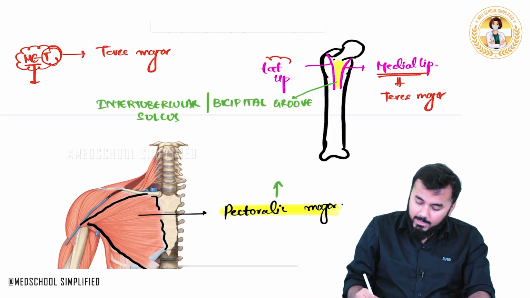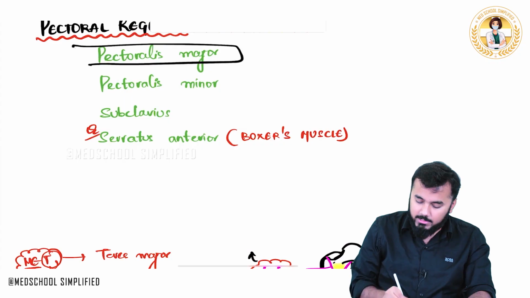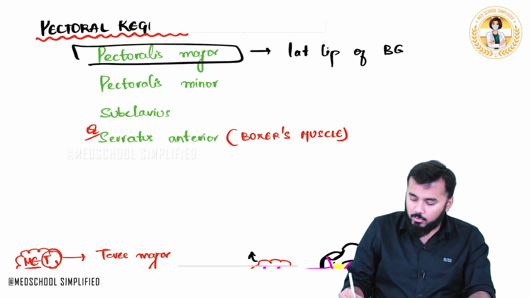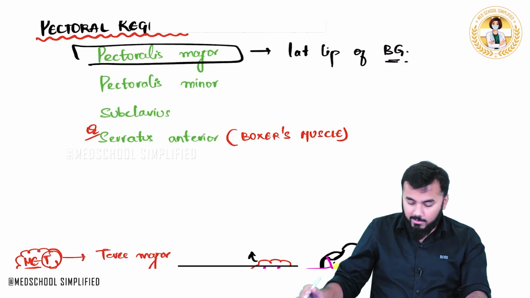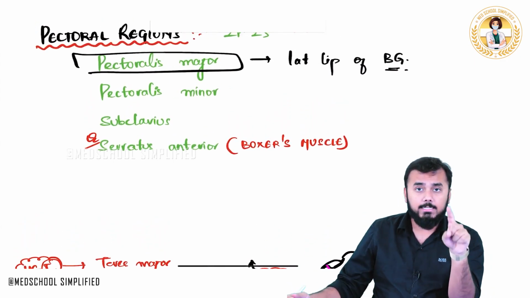But in the lateral lip, what muscle is left over? That is pectoralis major, right? So this pectoralis major is a muscle which is inserted to the lateral lip of bicipital groove. Lateral lip of bicipital groove. Keep this in mind. Okay, so one thing you need to know about the pectoralis major is that it is inserted to the lateral